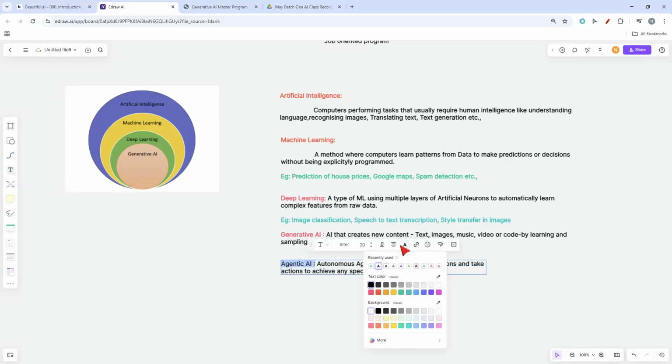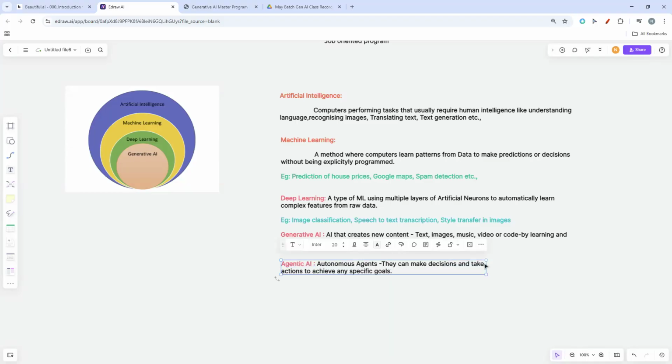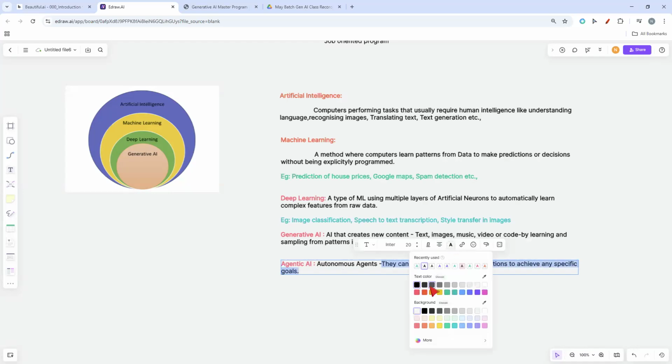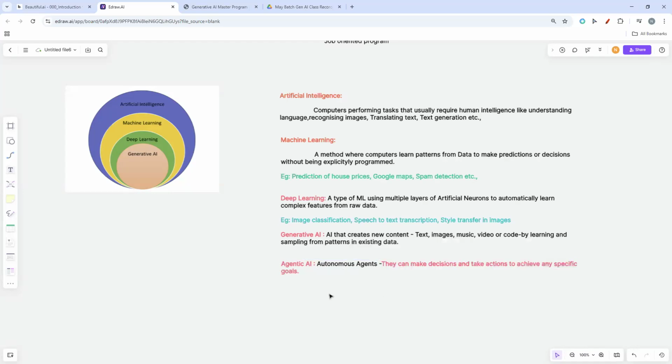So the AI system is going to make decisions on its own, which is a very big thing. Firstly, we'll have to give some logic to it, meaning information or rules and regulations, and based on that it will perform just like any other individual we have in our company. That is the capability of agentic AI.